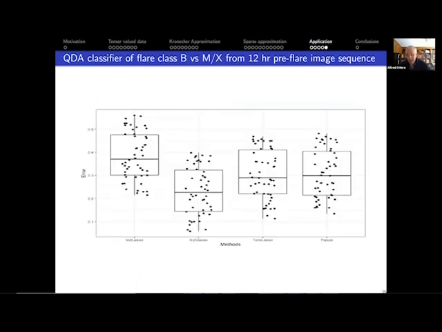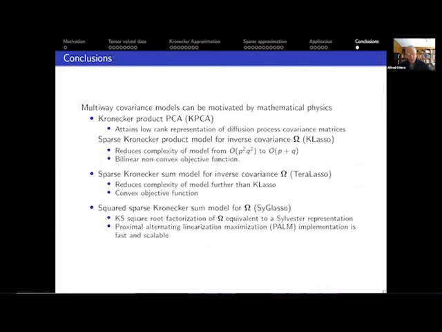And then finally, how does this relate to classification? Well, we can use the inverse covariance estimates as our inverse covariance in the QDA, right? Quadratic discriminant analysis, which is just a hypothesis test, a most powerful hypothesis test for the case of simple hypotheses implemented through a likelihood ratio. And when you do that with the SIG lasso estimates, you get substantially less error in terms of classification of unseen precursors to flares of either MX or X type, X or B type.